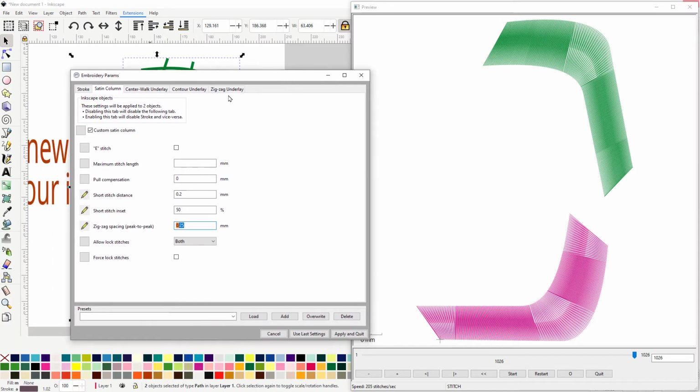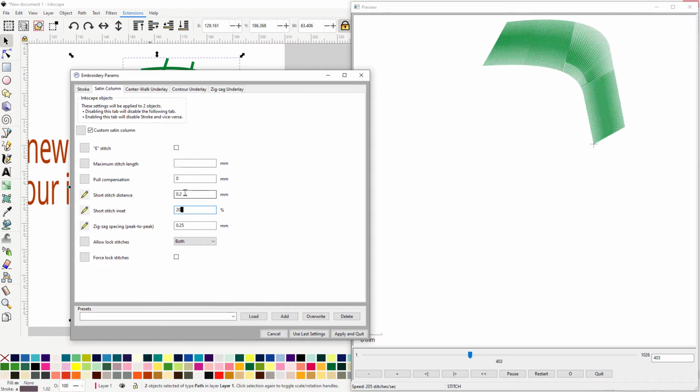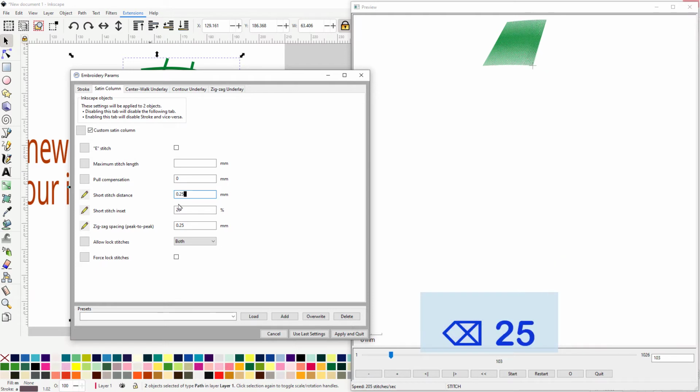Also, let's go back here to say the 20%. And so the 0.25, that doesn't make any difference, seems like it. So if I go here back to the 2.5 also,